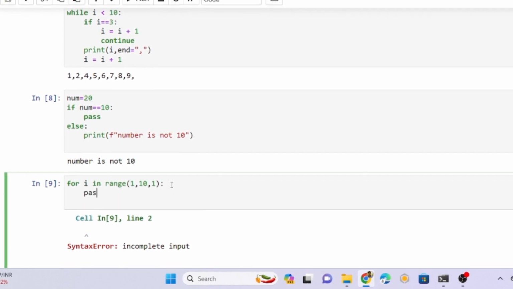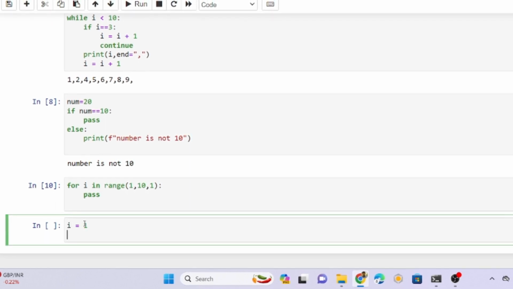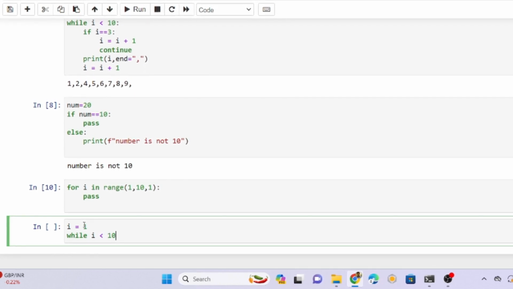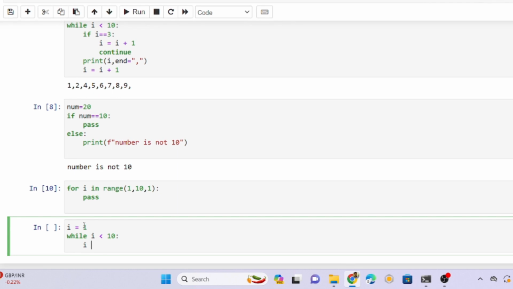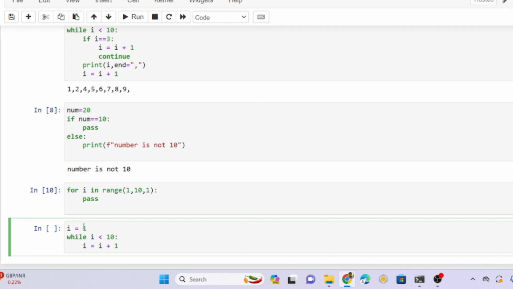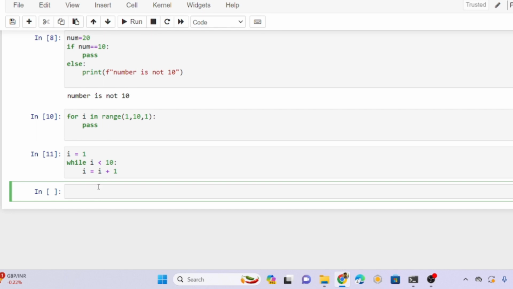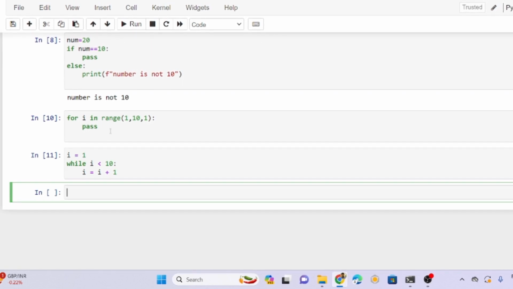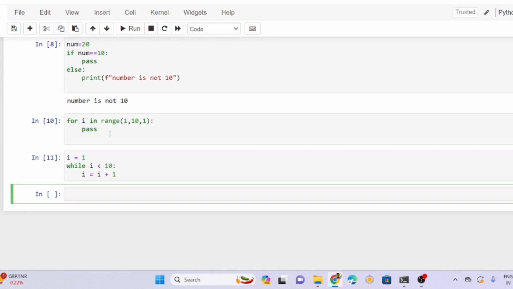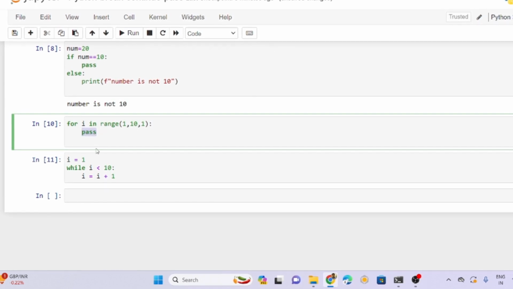So now what I am doing is pass. And i is equal to 1, while i less than or equal to 10, but a while block always has one statement, so it will execute properly. So this is the one. If the block doesn't have any statement, we should not keep it empty. For that, what keyword do we need to use? It is pass.